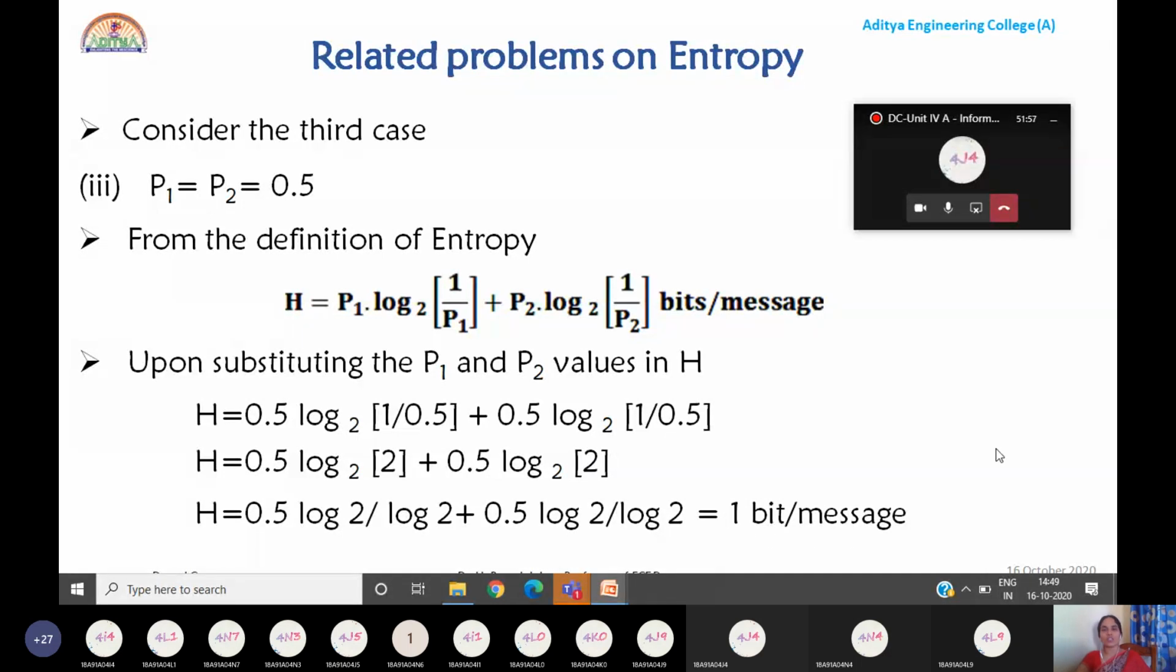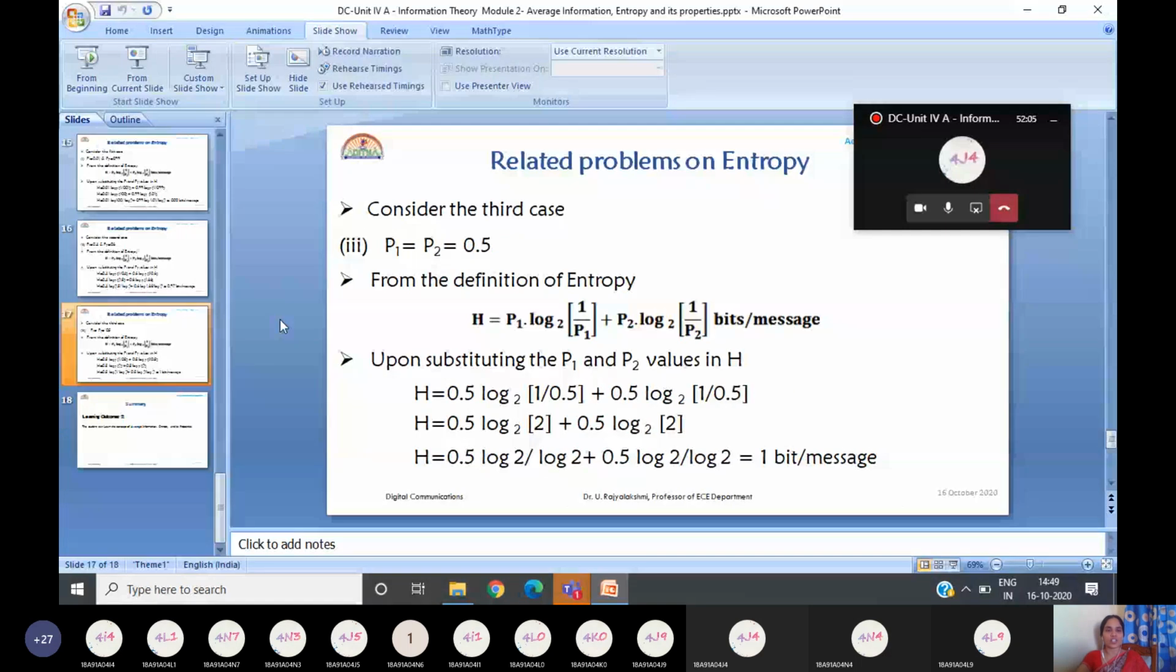Now what is the conclusion? This problem is very important. What is the conclusion from the three cases? For the equally likely condition,